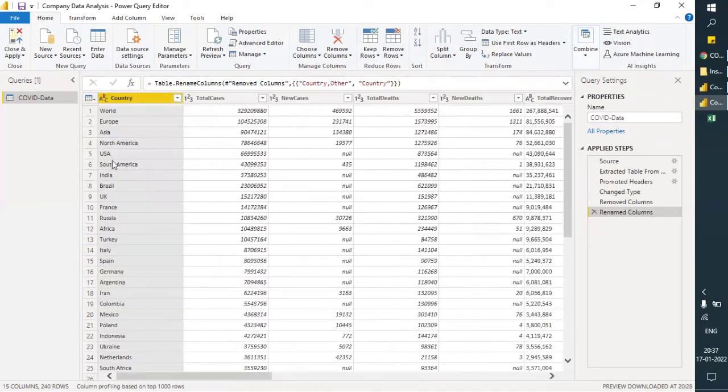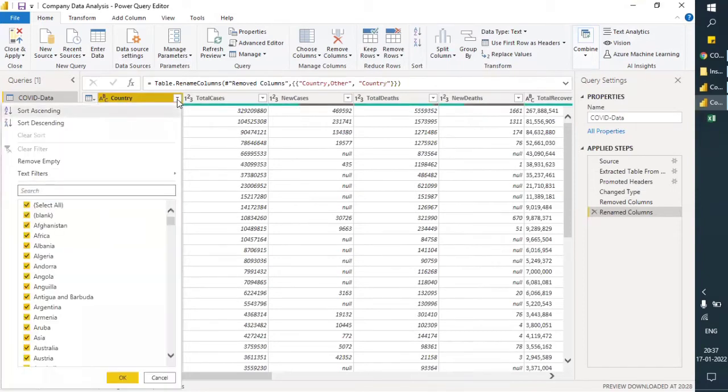Continents, okay. Now I can see world is there, Europe is there, Asia, North America. We don't need the names of continents because we have the data of all the countries, and it will sum up to give the data of the continent. So we can just uncheck this and remove.